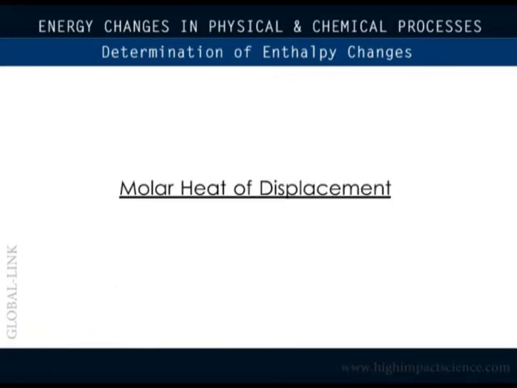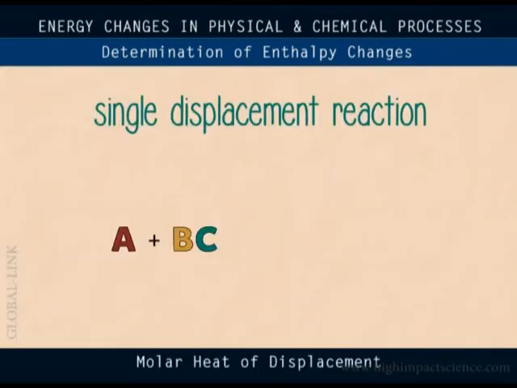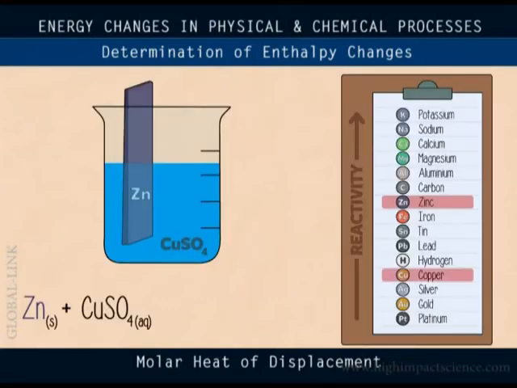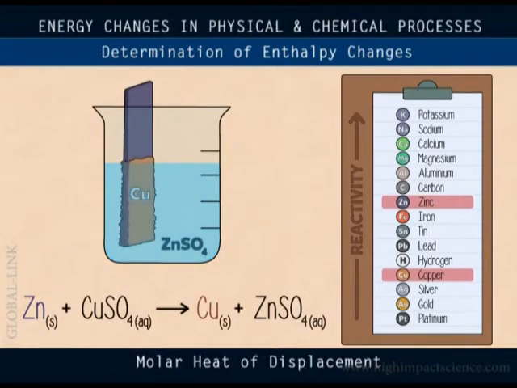Next is the molar heat of displacement. Now, we know that a more reactive element will displace a less reactive one from the latter's solution. For instance, zinc will displace copper from a solution of copper 2 sulfate. This reaction too is accompanied by heat changes. We can therefore calculate the molar heat of displacement. For example,